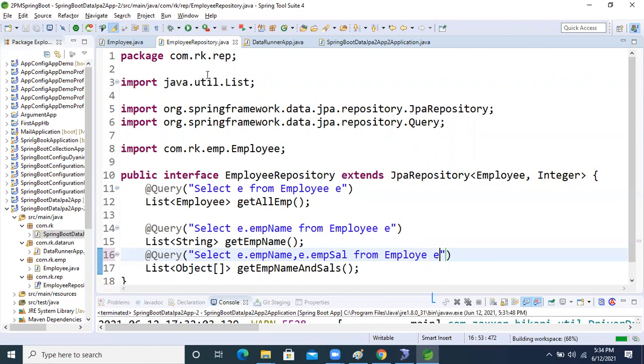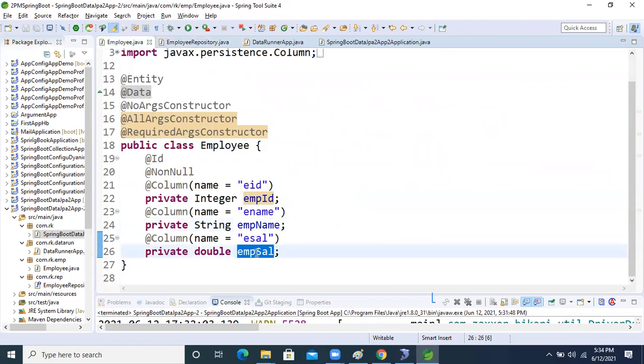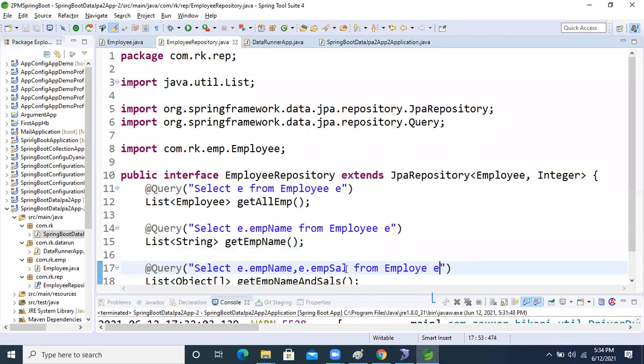Got it? The variable names are the same, right? Copy this. Employee spelling, double E. Correct.